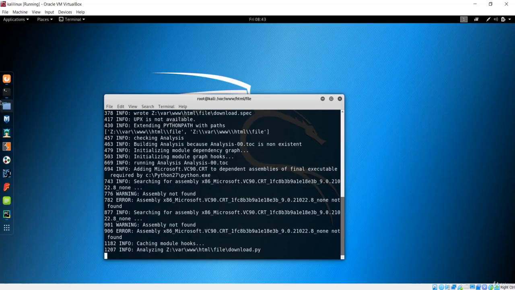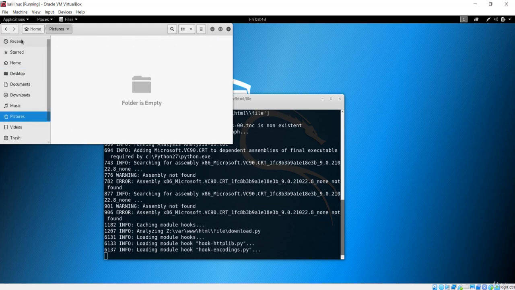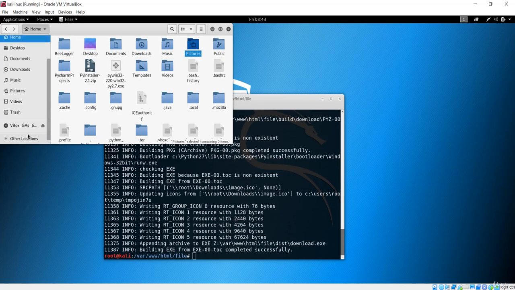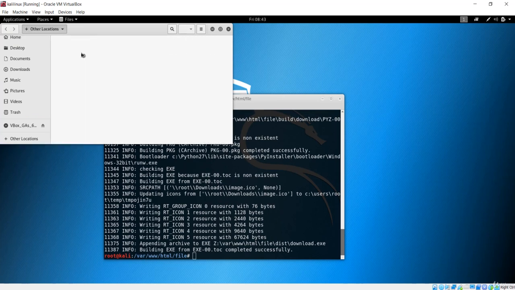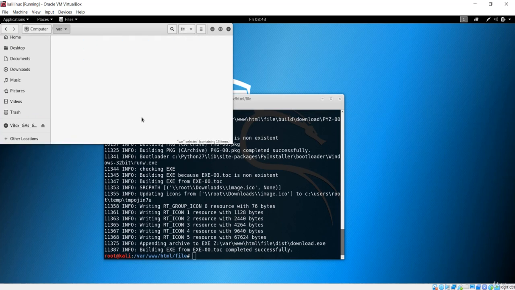Let's go again to the directory var/www/html, where we have this web server. You can see we have successfully built now. Inside www/html we have this dist folder, and this is your download.exe.